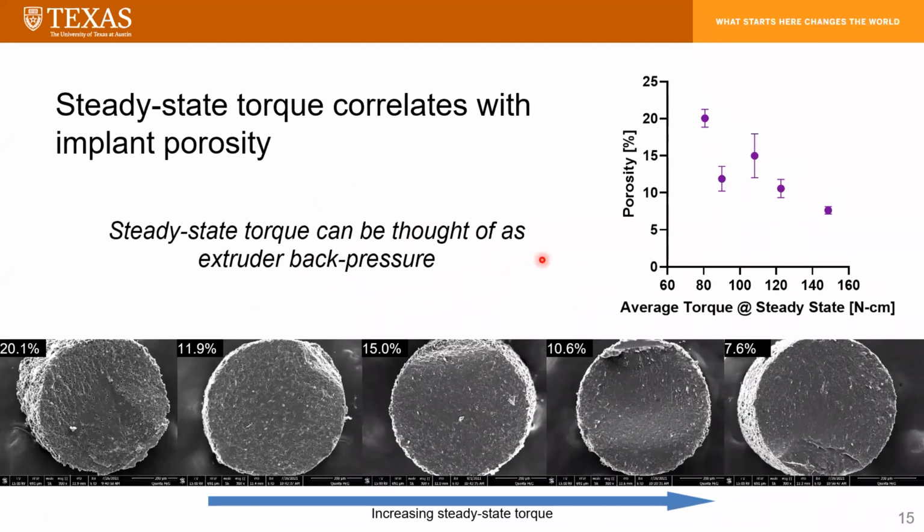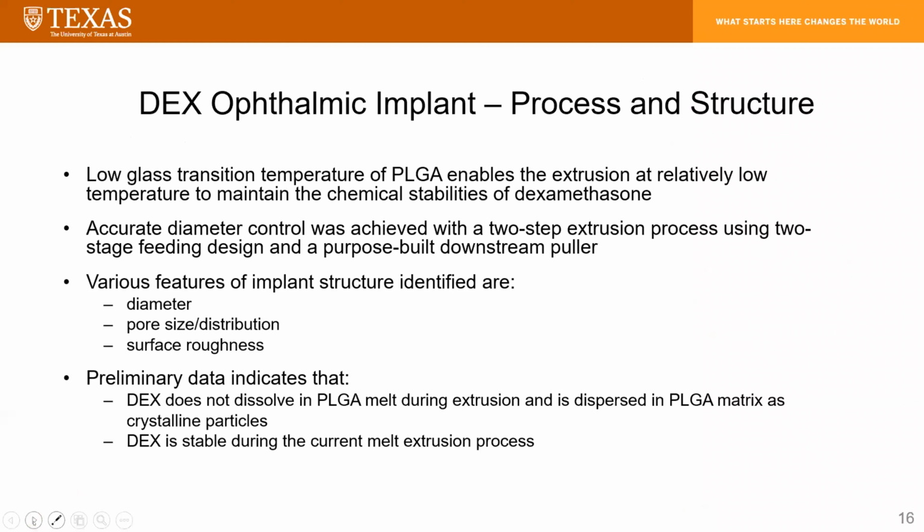We also find out the porosity of the implants correlates very well to the torque. So the higher the torque, the lower the porosity. And we believe those pores are created due to the air entrapment during the extrusion process. So in summary,